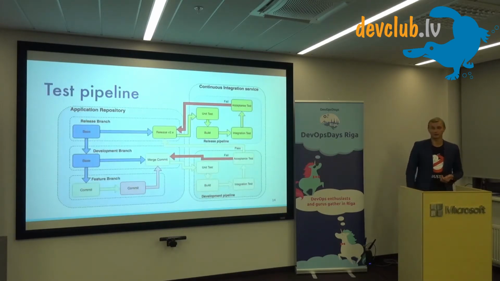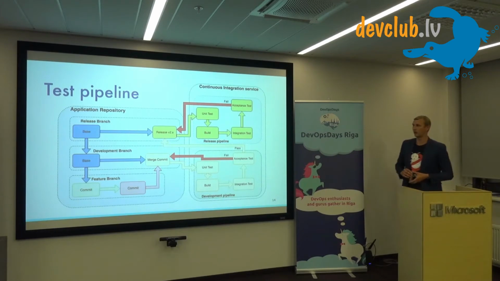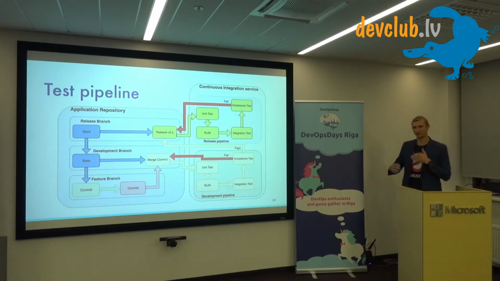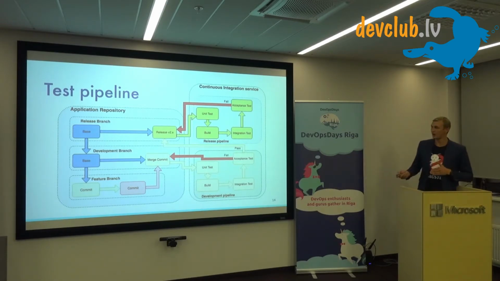About the test pipeline, this is how the pipeline actually looks, that I talked about. And here you can see that this is the master branch, and this is the development branch. And if a new commit is created, like I said before, the branch is always updated in the CI system. And once the developer has created several commits here, and he's not sure if the test will